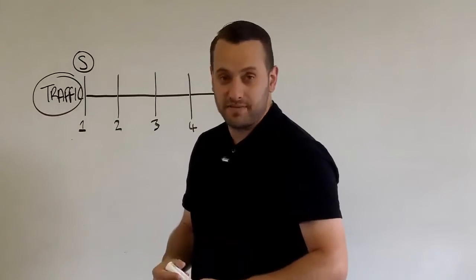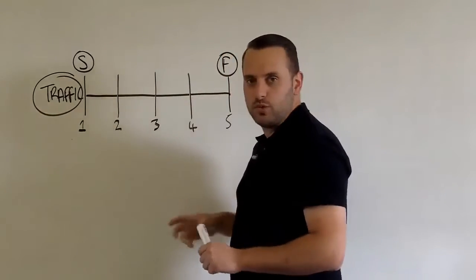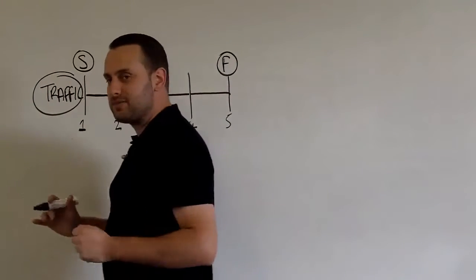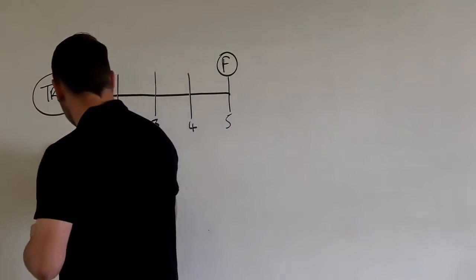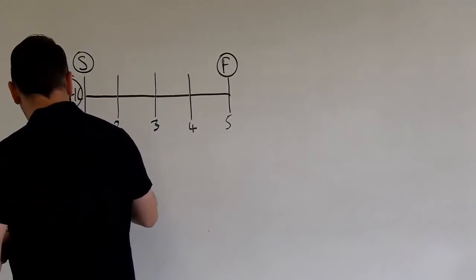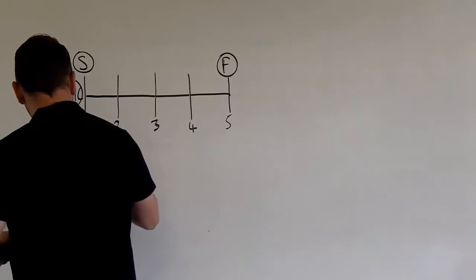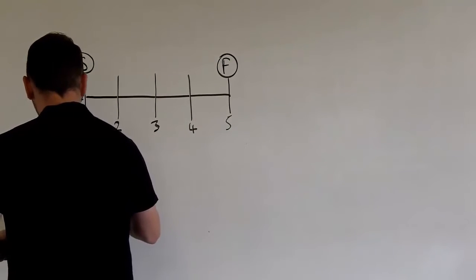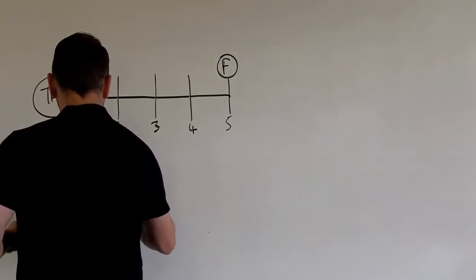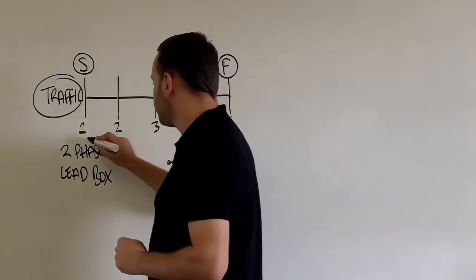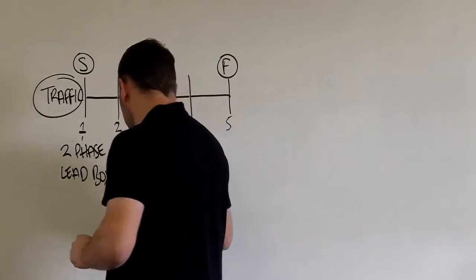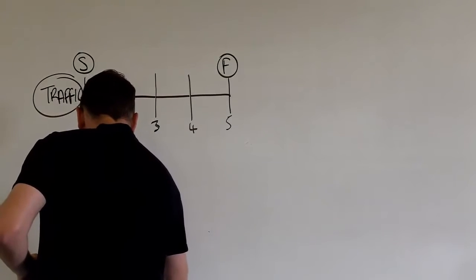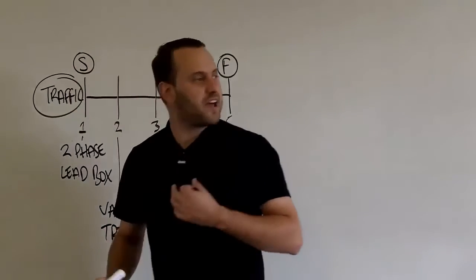Okay, I've actually got specific names that we give these, and I want to teach you what these 5 pillars are here now. So the first pillar, if you remember, this is where we build leads. Okay, so this is where we build our pool of leads. We're going to have our 2-phase lead box, as I call it. Okay, so this is our 2-phase lead box. Now, secondly, we're going to have what I call the value trip. I don't know if you can hear that siren, if the microphone's picking it up.